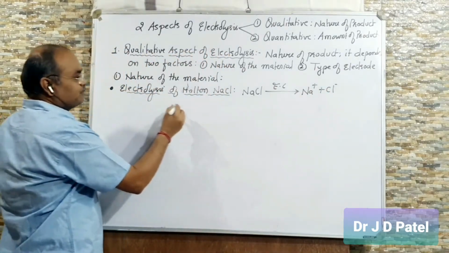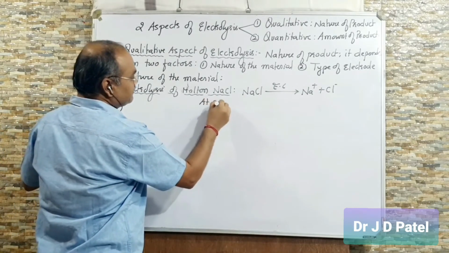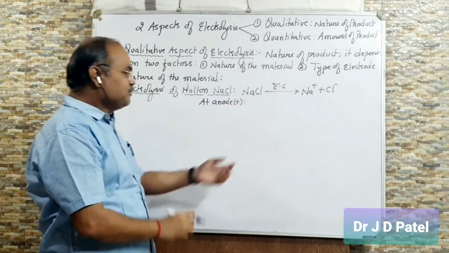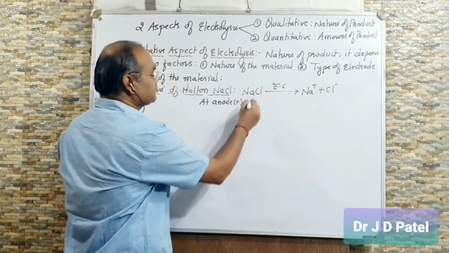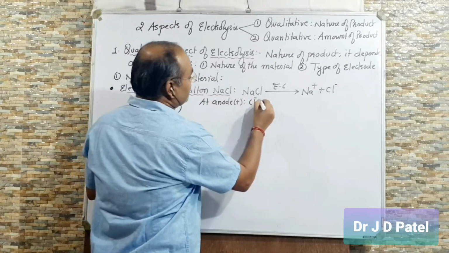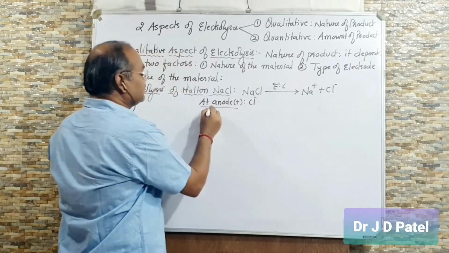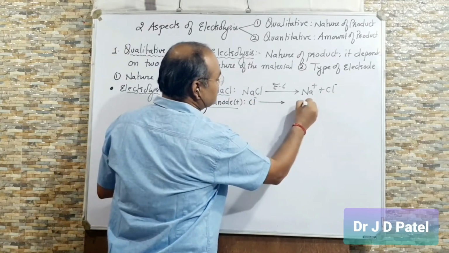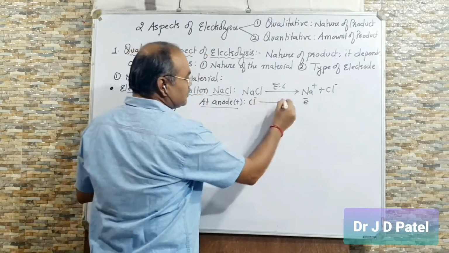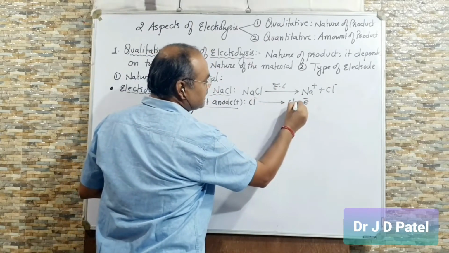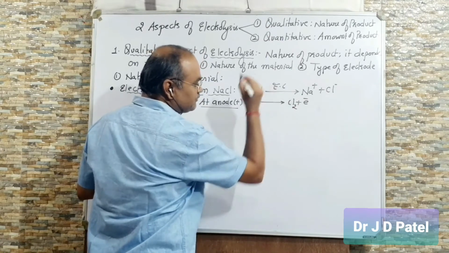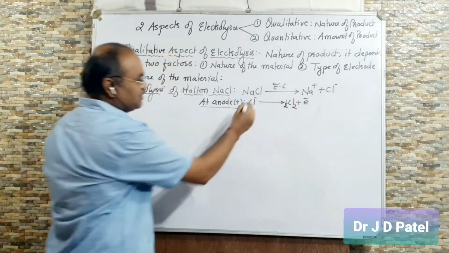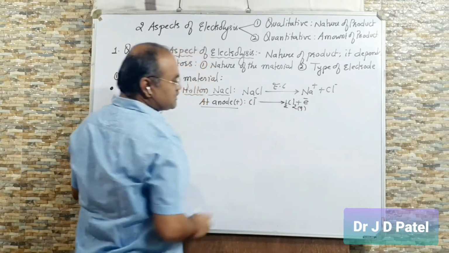As earlier I told you, the anode is positive. So which ion will be attracted at the positive electrode? Negative, Cl minus. Important point: here at the anode, Cl minus is attracted. So Cl minus undergoes oxidation, meaning loss of electron. If Cl loses electron, it will be converted to Cl, but we know Cl is always in the form of diatomic gas, Cl2. So we can balance it like this. Here at the anode we get the product Cl2.